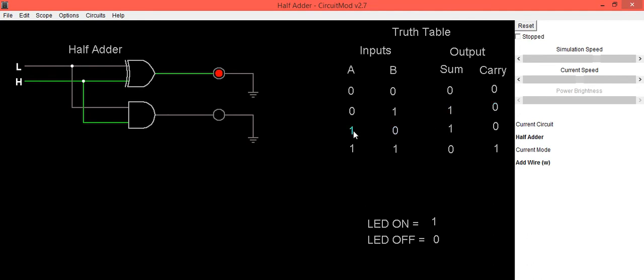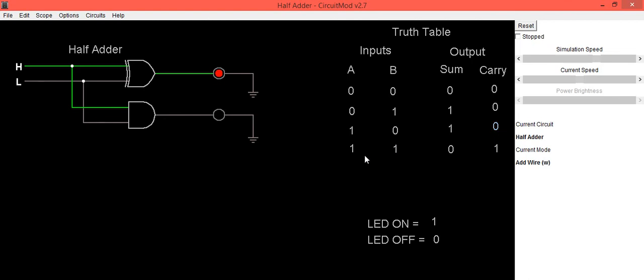Third input, A is 1, B is 0. So A high, B low. In this condition also, the sum output LED is on, that means it is 1. So sum is 1 and carry is 0.